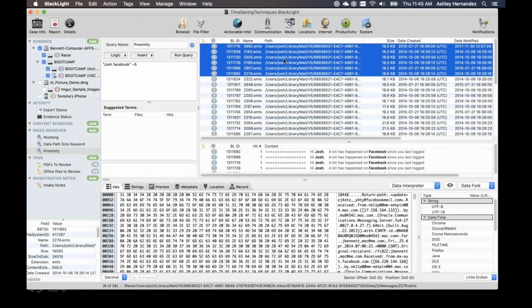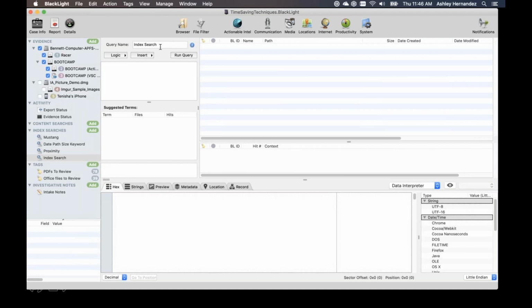Great. And how about saving index searches? Can users save them? Yeah, so every one that I've added here, I can go ahead and choose to create and save another one. So if these were ones that I'd actually had saved in the case, and then if I want to add a new one, I can go ahead and add a new one. And once I name it, it will be saved here. If you want to copy any ones that you already had from other cases, those will be available for you as well.